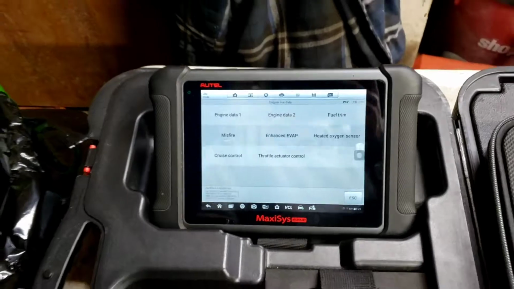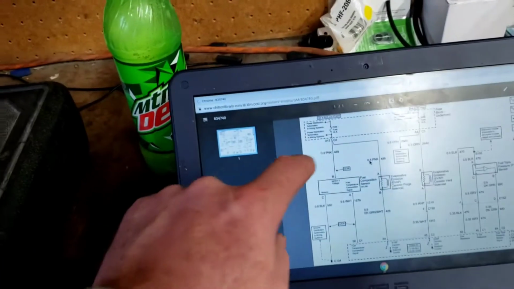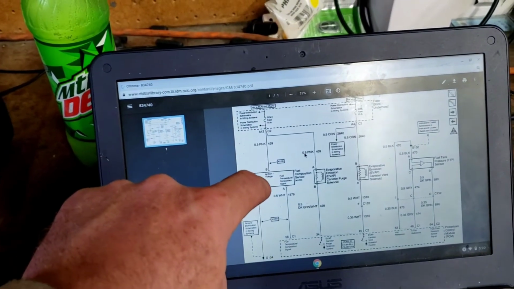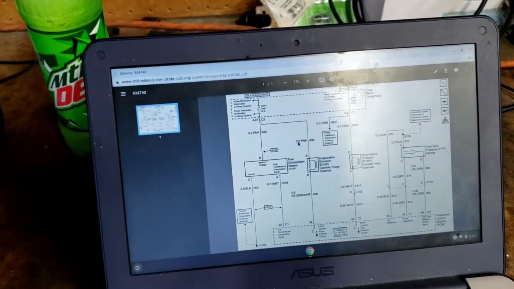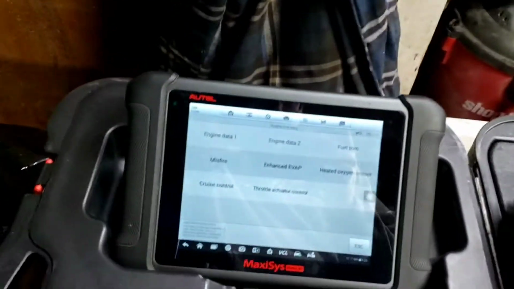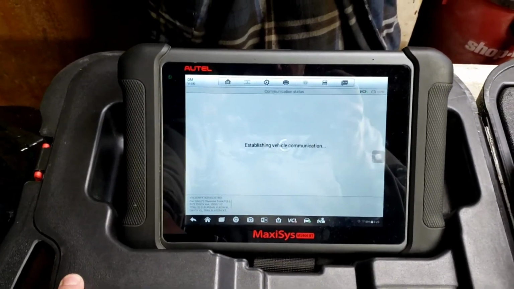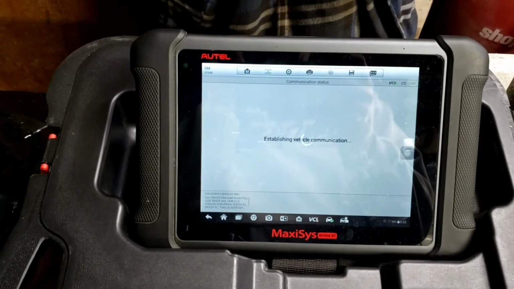All right, so before we start shooting that wire and troubleshooting it, we're going to pull this connector off, disconnect it down there, and check short to voltage, short to ground, and all that stuff, and opens, and find that and fix that. But it's been running for another 10 or 15 minutes. If you go to engine data, and you look at this data here,